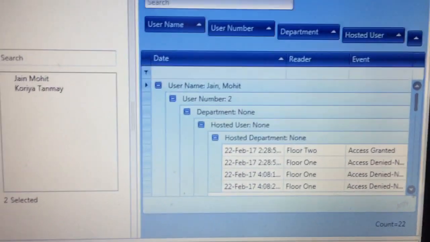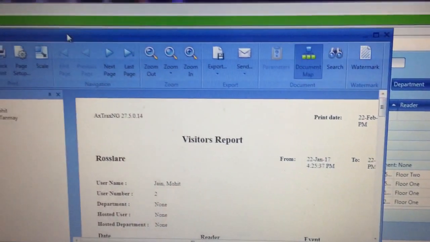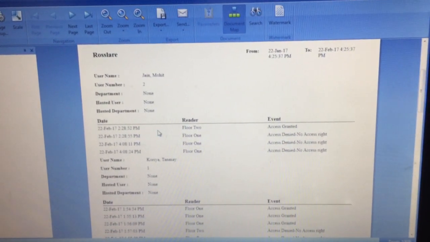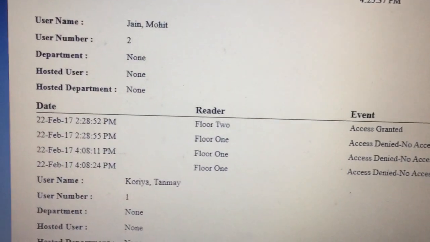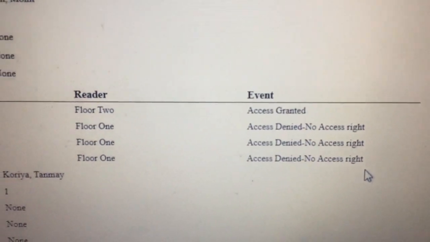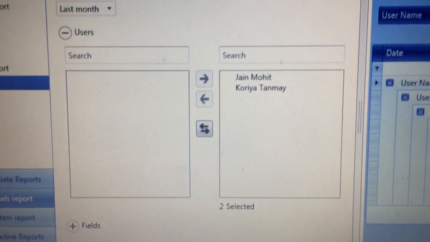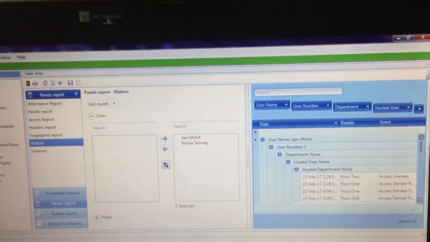Reports can be generated with all the details, with the name of the visitor, at which floor he got the access, and at what time. All the reports are available for further verification purposes. So this is the entire solution which we can offer the clients.